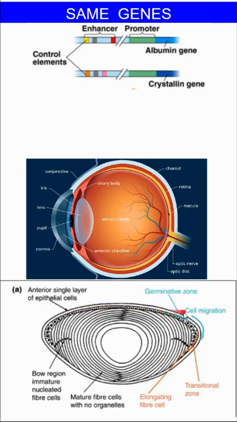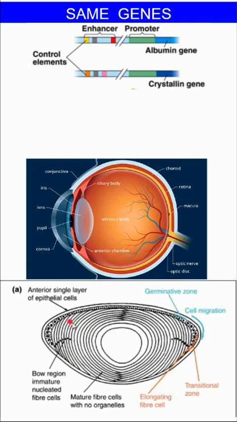So these cells are active and dividing, but as it goes deeper, unlike our skin cells, which make a tremendous amount of keratin, a tough protein for our tough outer skin, these cells are making a tremendous amount of crystalline. So the crystalline builds up in these cells, and these cells actually lose their nucleus and their organelles, and they're just packed full of this crystalline, and that crystalline allows it to be transparent and also refract light.